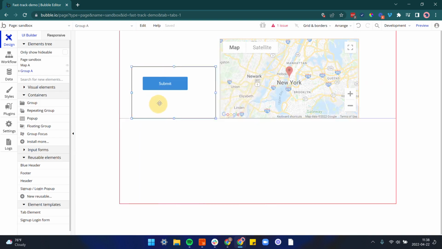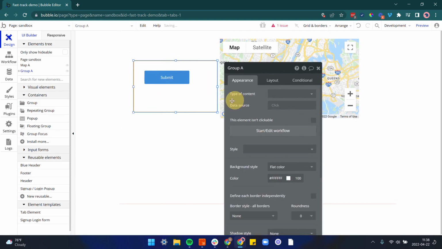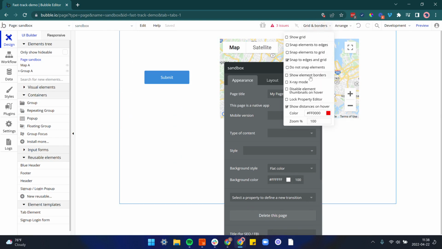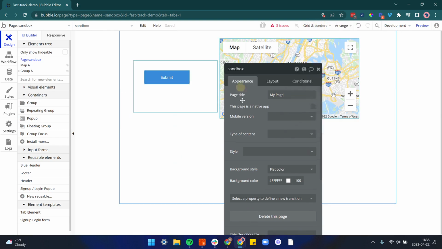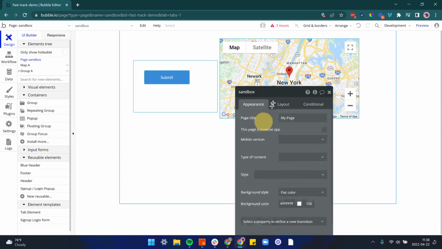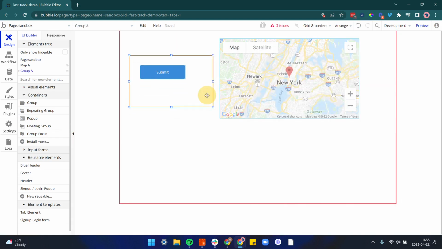And then I can pick up this group and move it around. Now, the group may look invisible until I hover over it. I can help myself by going to Grid and Borders and Show Element Borders so that I can see all the boundaries of my elements. This is not something that the users will see, right? These borders here. But Bubble is showing me what those boundaries are so that I can move things around more